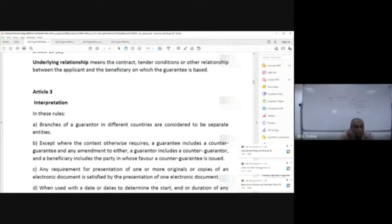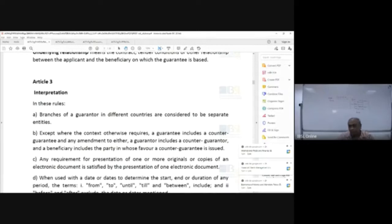Branches of a guarantor in different countries are considered to be separate entities. Right? What do you mean by this one? If the guarantee is issued by HSBC Colombo, right? And then they have given the counter guarantee, counter guarantor, right? The guarantor is